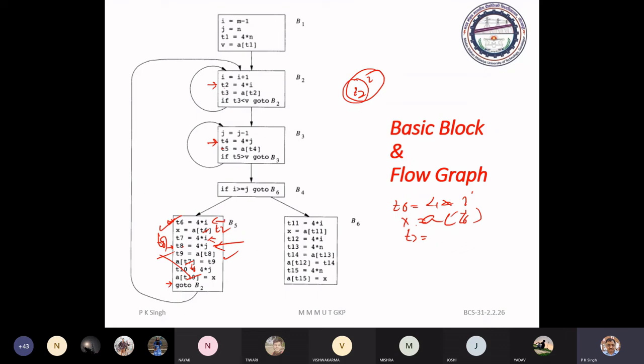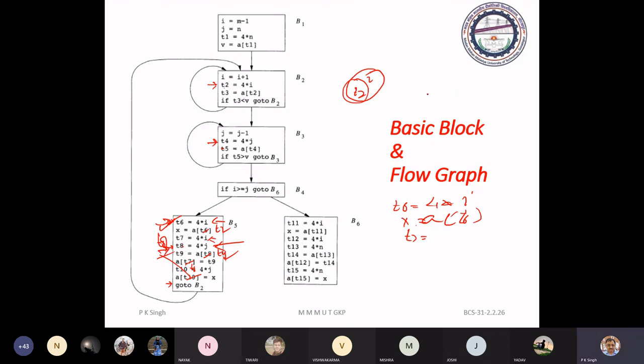So here, in place of using T8, you can use T4. It will become T4. Okay. And when you replace T6 by T2 and T8 by T4, then automatically this will become dead code as well as this will become dead code. And you have to drop. Okay.